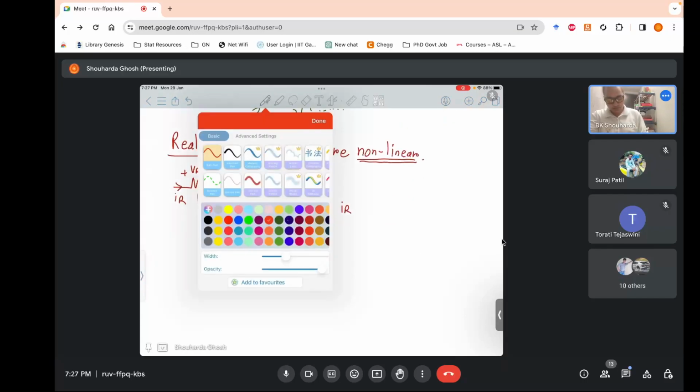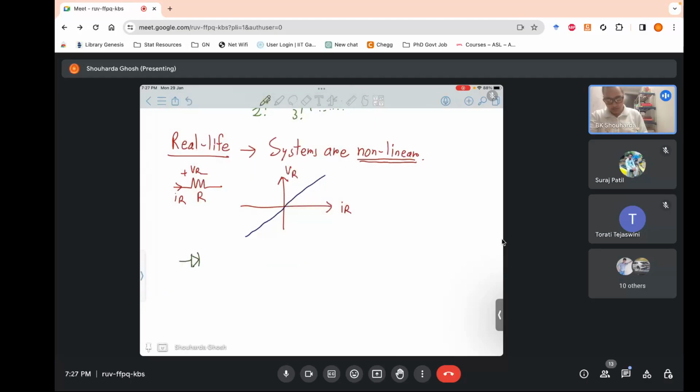But you have certain devices, let's say diodes, which you will learn in your electronic devices course as well as your analog circuits course. This diode is actually the first nonlinear system that we will be learning in detail in any EE course. So if you look at the ID versus VD characteristic in real time, I'm drawing the real graph. There are various approximations to this graph, but I'm drawing the real graph. It has an exponential behavior, e to the power x. It's not ax, it's e to the power x.